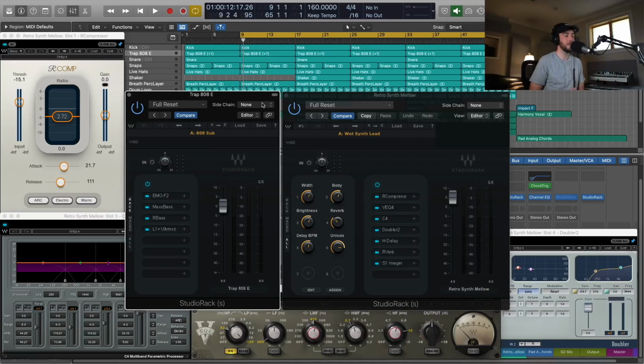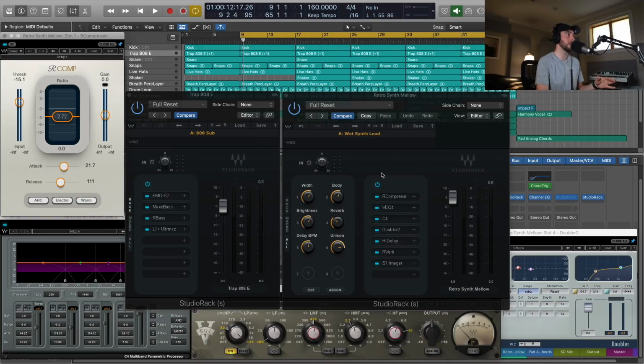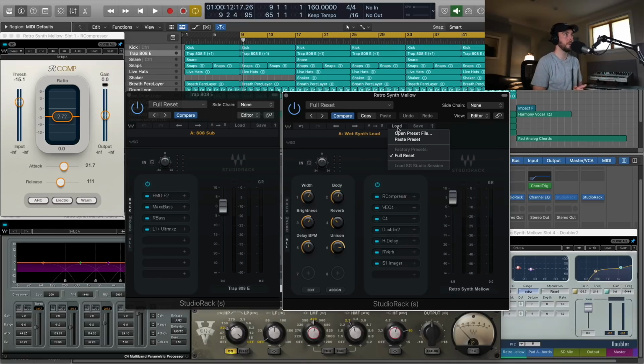Today I'm excited to give you guys a full demo and rundown of the new Waves StudioRack. I'm very pleased to announce that Waves V11 plugins are fully compatible. You can see I've got all my Waves V11 plugins here loading up in StudioRack. All of the previous presets that we've done are fully compatible with this new version, and everything loads as expected,